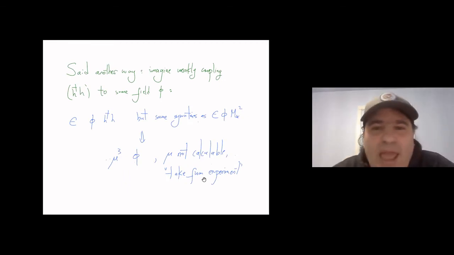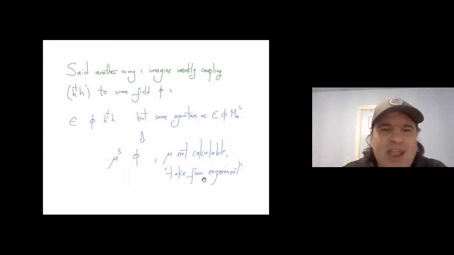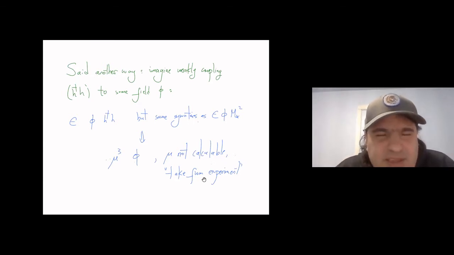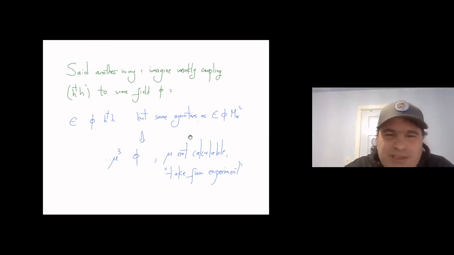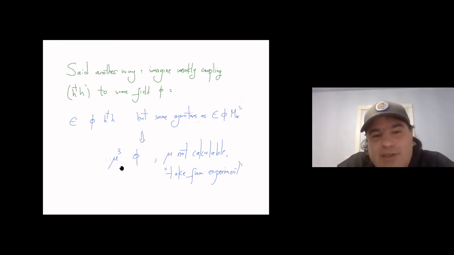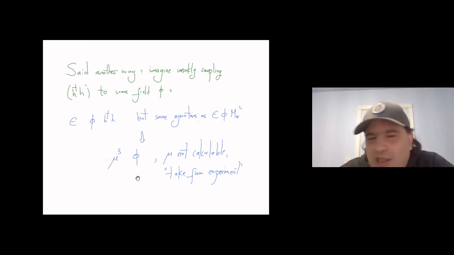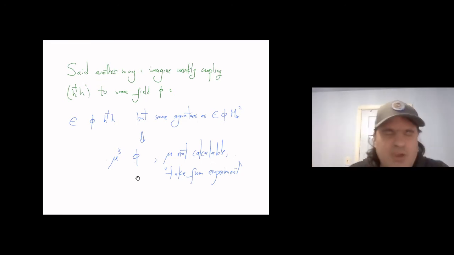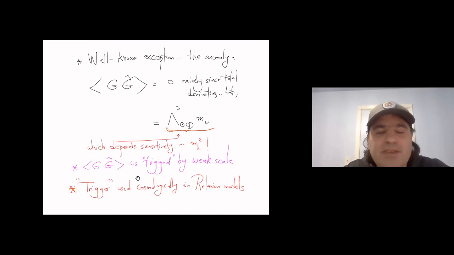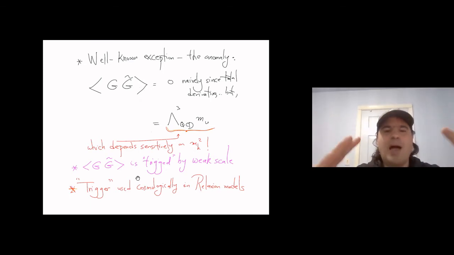If we say it another way, we can imagine very weakly coupling H dagger H to some field phi, with some coupling epsilon phi H dagger H. But if I write this down, this operator has exactly the same symmetries as this one, where M star is some kind of high energy cutoff. And that would tell us that we just can't calculate, for example, the phi potential, the linear term in phi. It's not calculable. We have to take it from experiment. Okay, so this is a close cousin of the usual hierarchy problem,